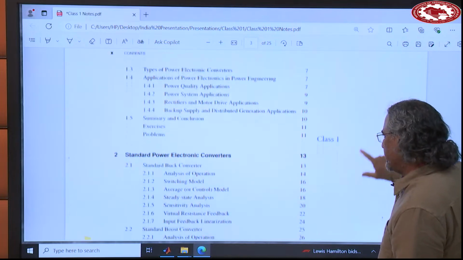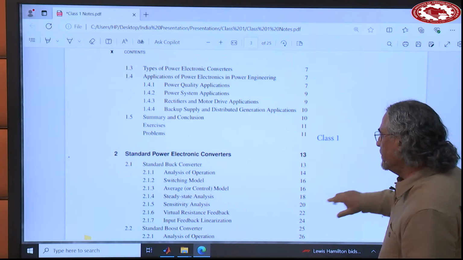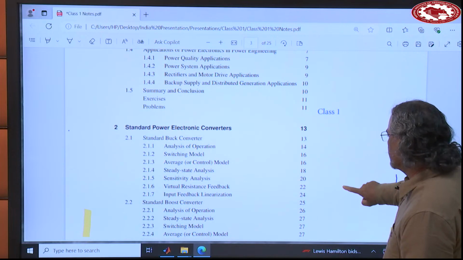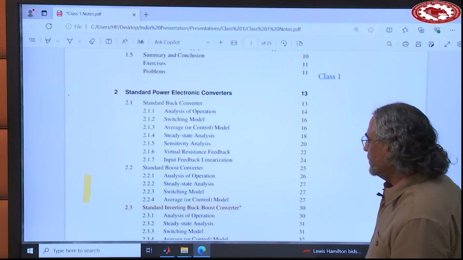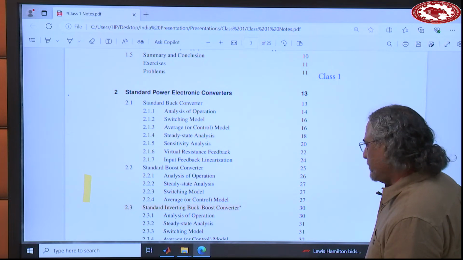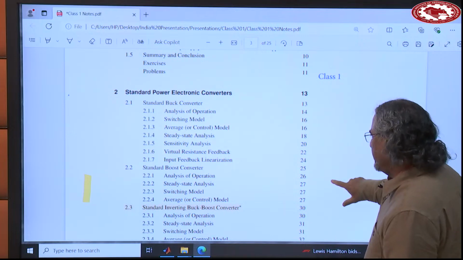And then this chapter here will be standard power electronic converters. Now we go into details of different converters, a standard buck converter and a standard boost converter. Then,